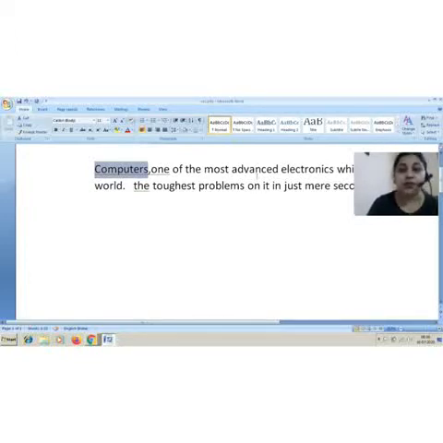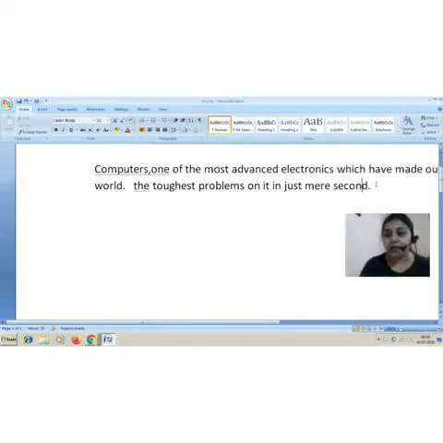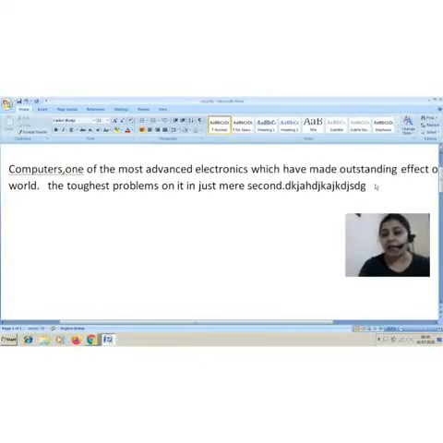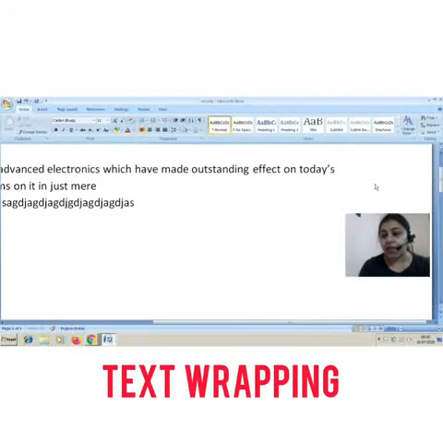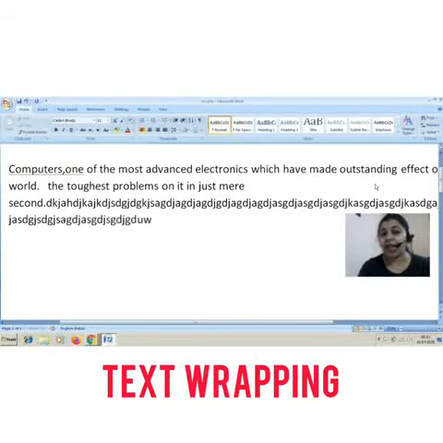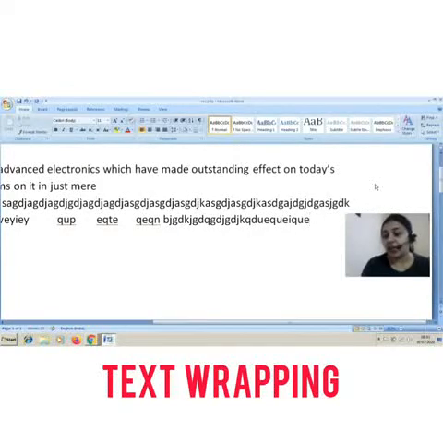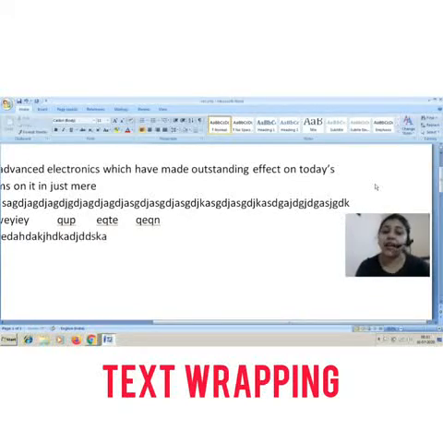There is one more feature of Word in which when you type, suppose I just want to type something here, okay, and as soon as my cursor reaches the edge of the document, see the line is changing. Can you see this? It automatically changes the line. When it reaches the end of your document or page or margin, the line changes. You need not press the Enter key.